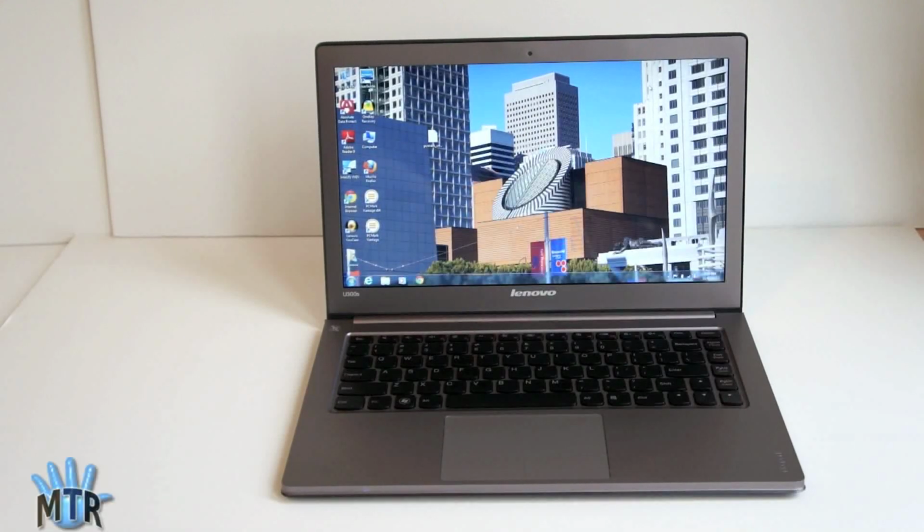This is Lisa from Mobile Tech Review, and this is the Lenovo IdeaPad U300s. This is Lenovo's first Ultrabook, a concept that we first discussed with the Asus Zenbook UX31. That's Intel's initiative to get Windows PC manufacturers to make notebooks that are a lot like the MacBook Air, 0.6 inches or 0.8 inches thin and less, low power ULV Intel Core i5 and i7 CPUs, SSD drives, very quick boot times, zippy machines that are super thin and light, generally weighing 3 pounds or less, just like the